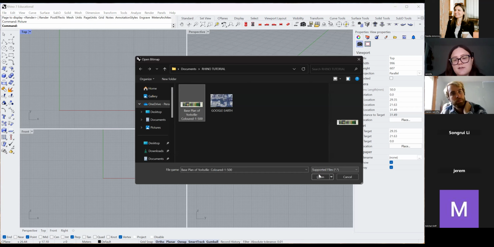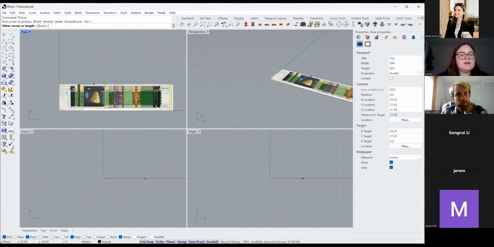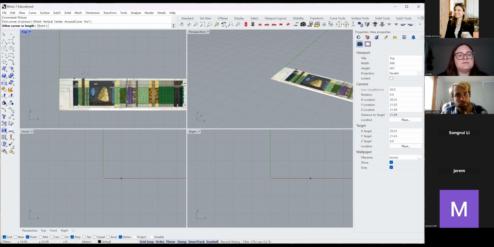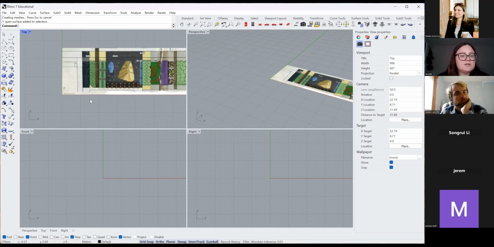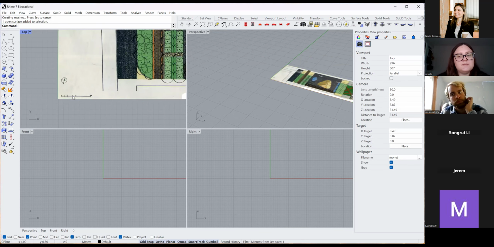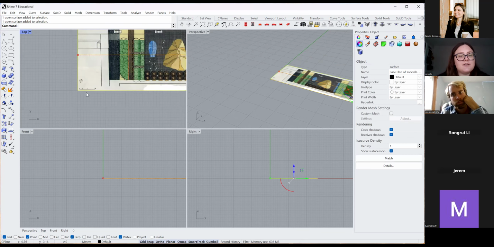and I'm just gonna select this Yorkville base plan. And it wants me to put the first corner of the picture in, so I'm just gonna go to 0,0. And you can just let it go anywhere. Just double click. So down here is your 10-meter scale,